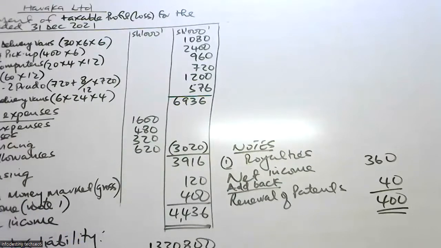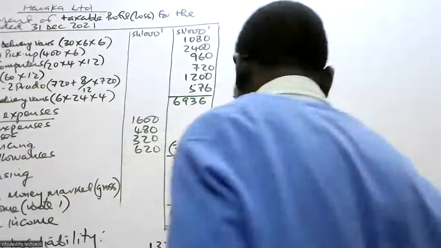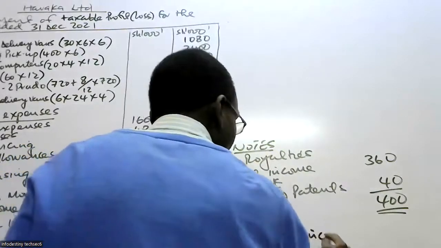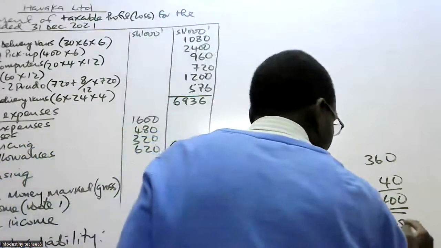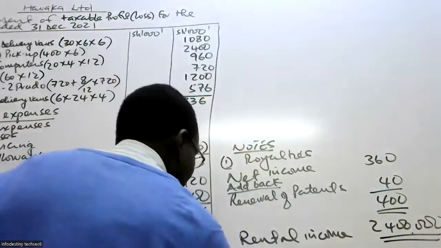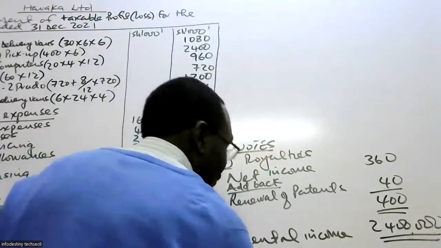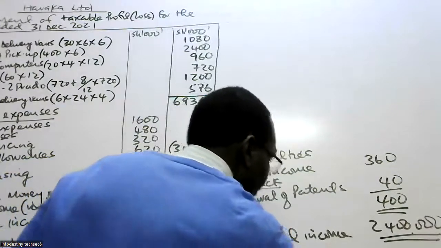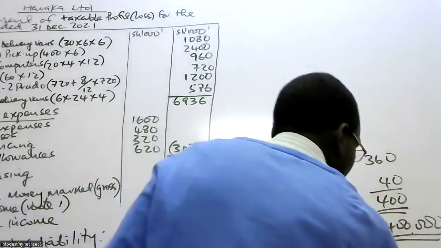Then you also show the one for rental. So they had rental income from residential property of 2,400,000. Under MRI, monthly rental income tax, the tax is simply 10%. So they'll be filing for 240,000.